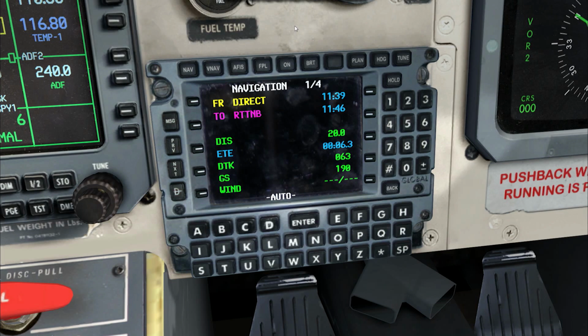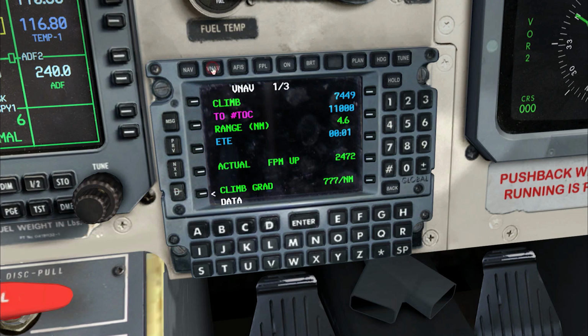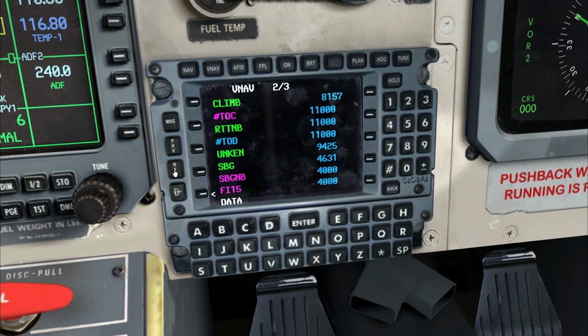Now I'm going to show you how to set hard numbers, altitudes, and also check your vertical speed. If we go to VNav, you can see our current altitude, our range to top of climb, and estimated time, and also our vertical speed. If we step to the next page, we can see that our top of climb will be just before Rattenberg, and our top of descent will be